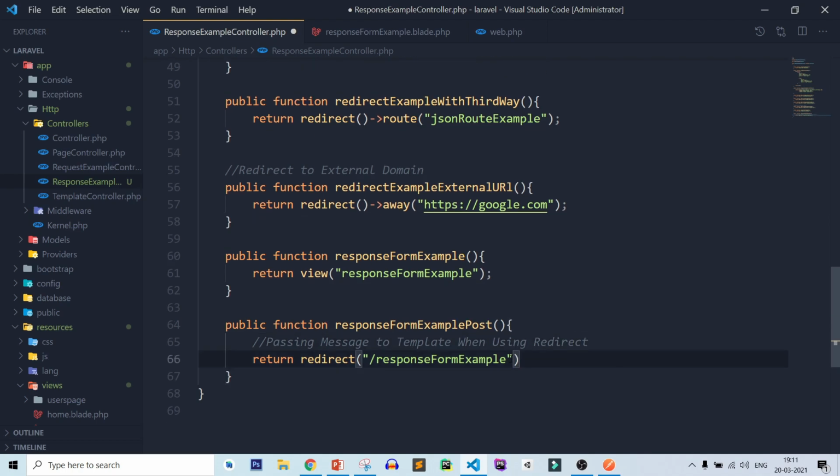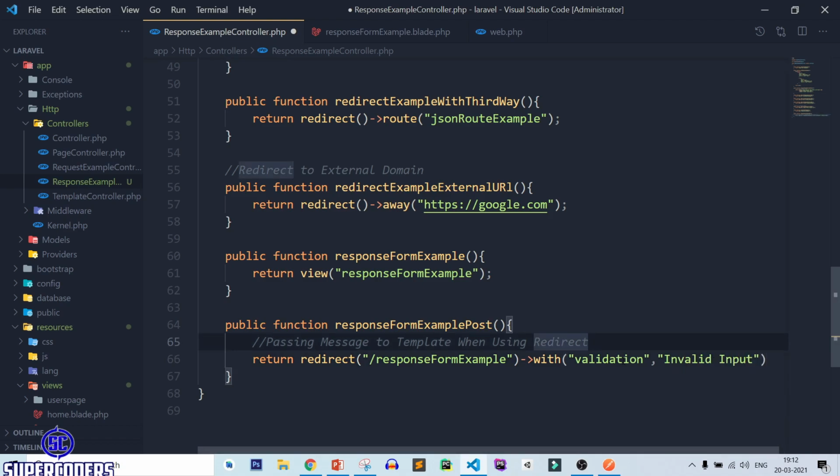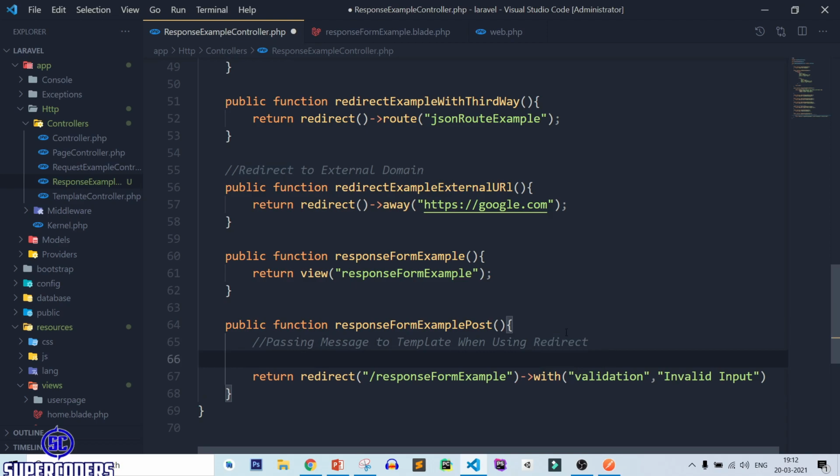So for this after that add with, and after that here you need to pass your key name like validation invalid input, or here I'm going to add a condition.